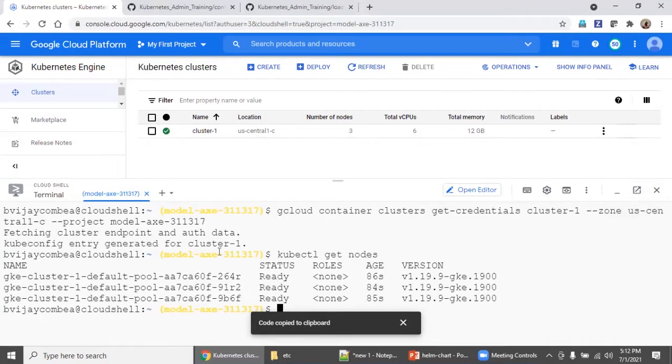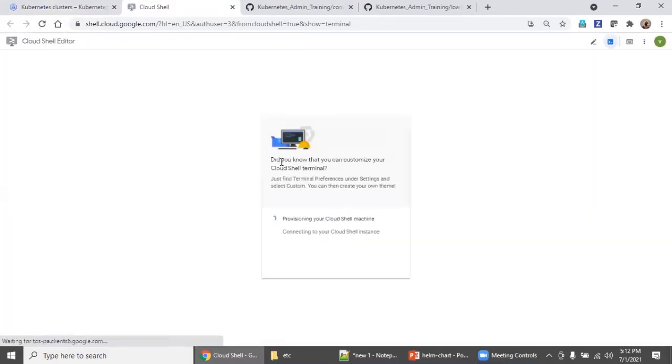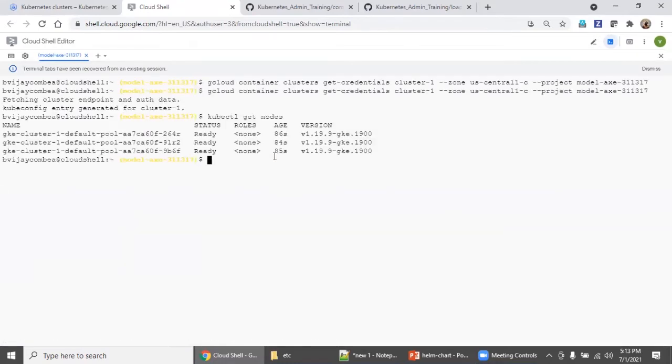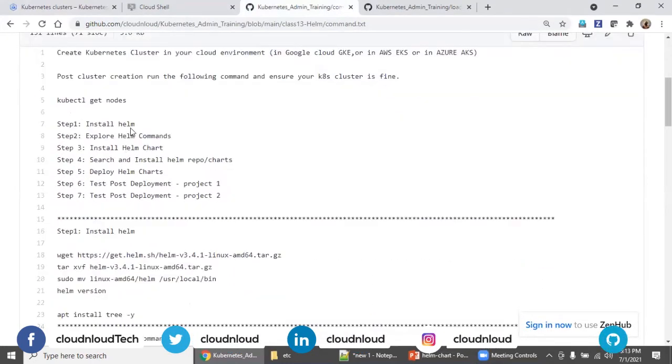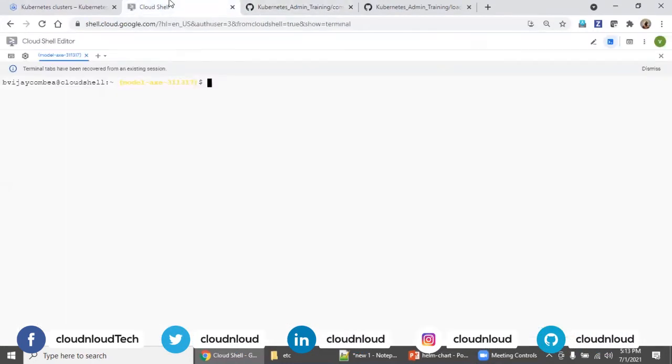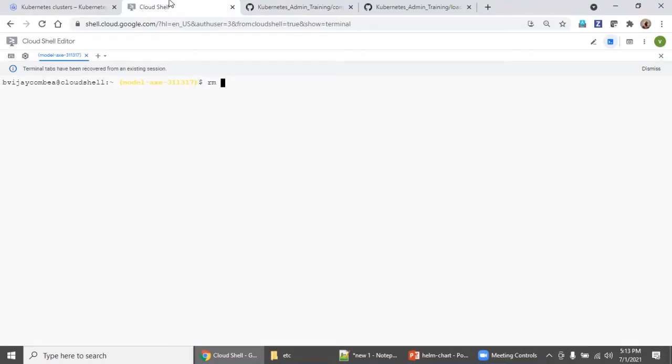But this is a small window, so I'm opening this command line window in another shell, a bigger console, which makes it easier to see all the commands. Now first we will see how to install Helm. Before that, I will remove any existing stuff.